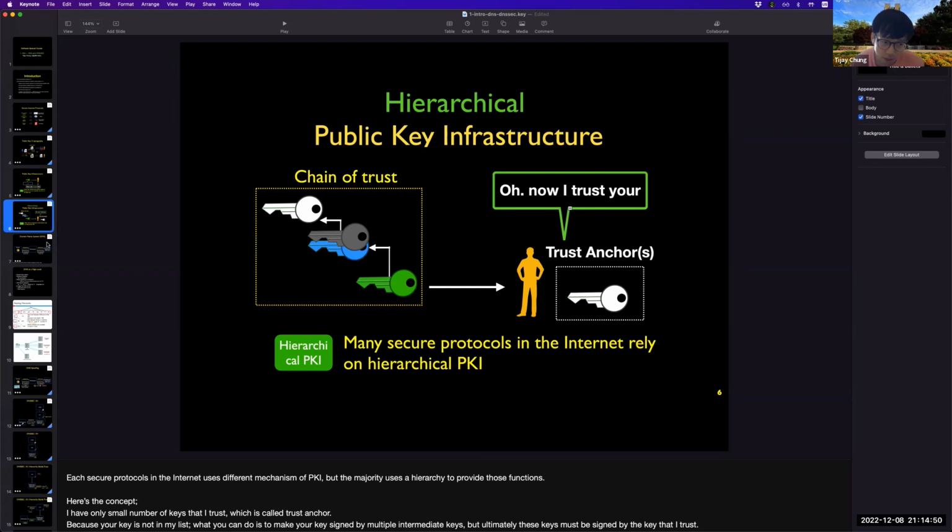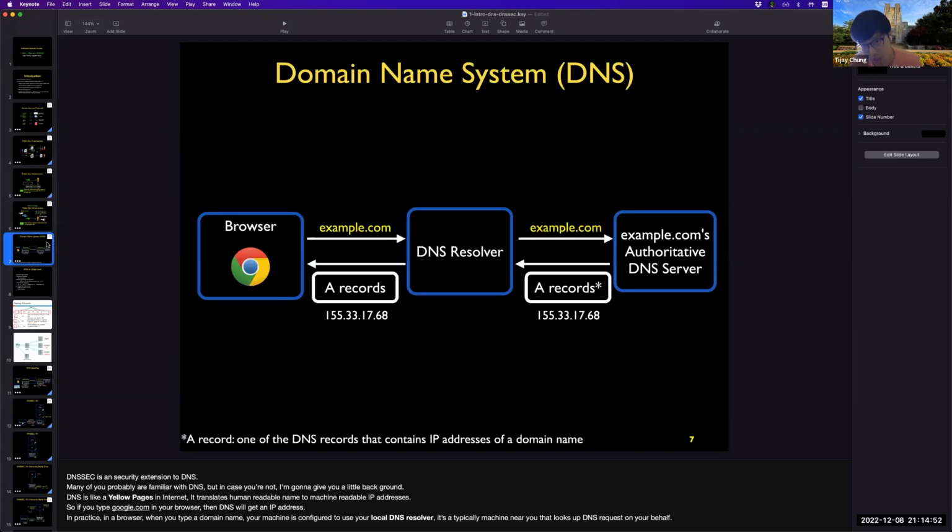So last class we learned how DNS works and the limitations of DNS. DNS is a plain text message. The challenge here is that anyone in the middle of the path can snatch the DNS response and modify it to make users connect to a different machine. So to solve that challenge,